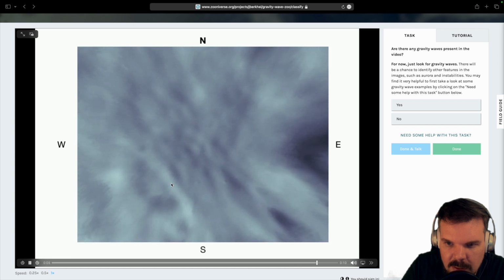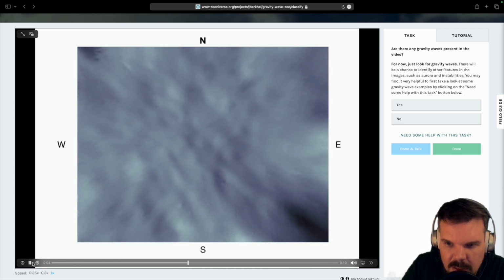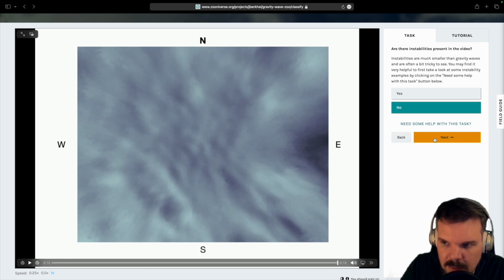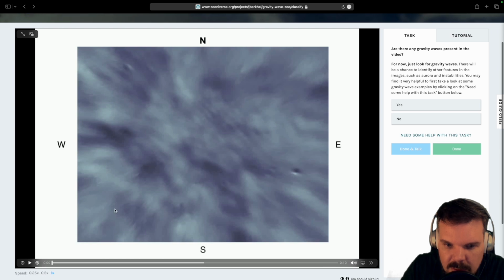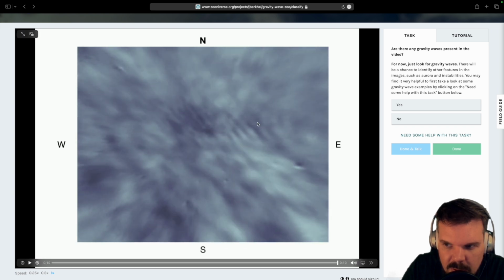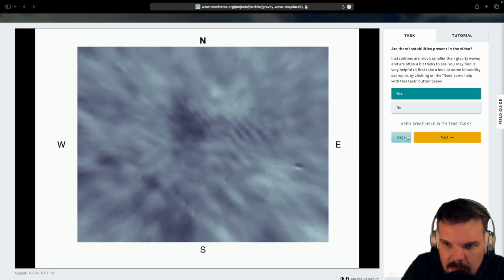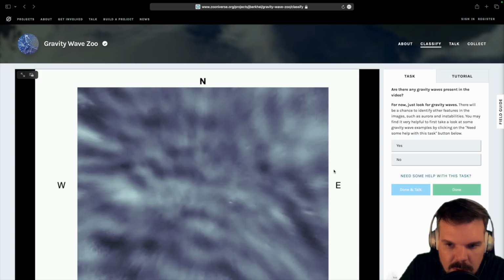Oh, what is this? No. Two little stripes to be a wave. I guess no wave, no instabilities. Oh, this one looks kind of interesting. This one might have instabilities up there. Yeah, there is definitely something, and it's going perpendicular to the wind. So these are definitely instabilities, but I can't see any waves. But let's look again. No waves, but instabilities. Yes. And do we have aurora? Yes, I guess. I mean, look at all that flickering. So let's maybe stop